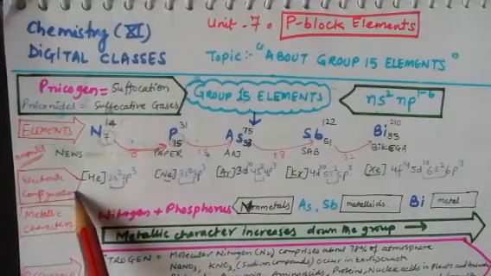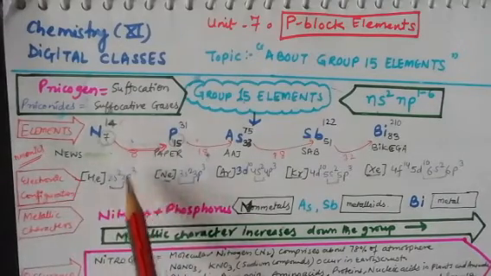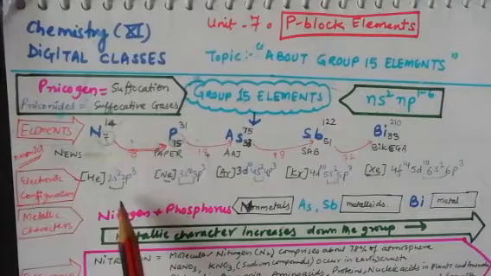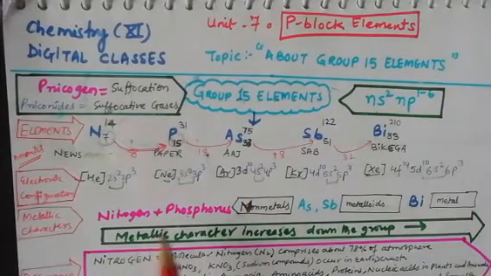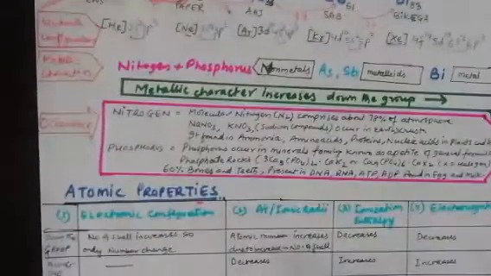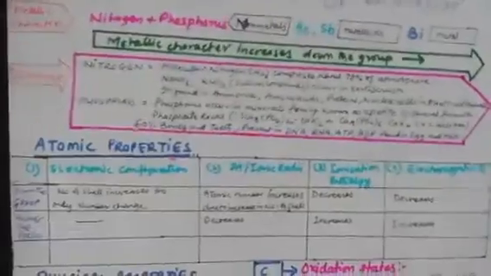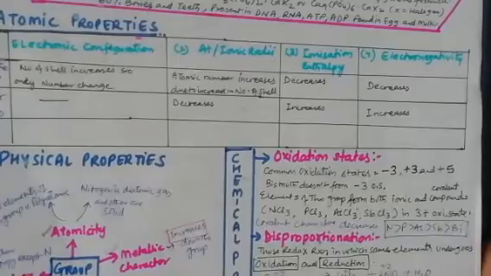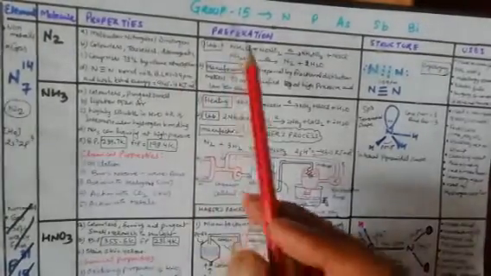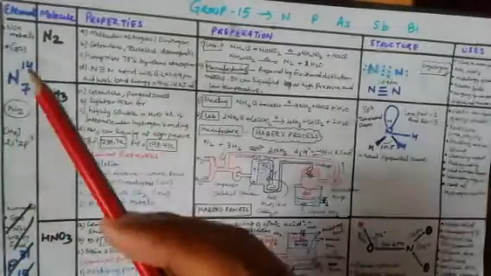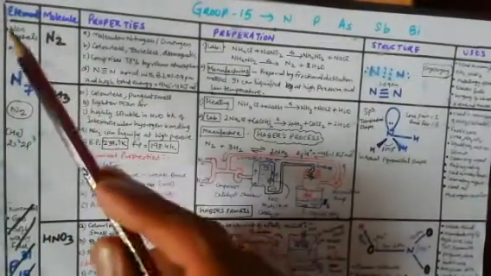If we see the electron configuration, ns2 np3 is the general configuration, but the oxidation states 2, 3, 4, 5, 6 like this we need to see. After that we studied about the general characteristics. So atomic properties we studied, physical and chemical properties we studied. Now today we will study all the important compounds of nitrogen.